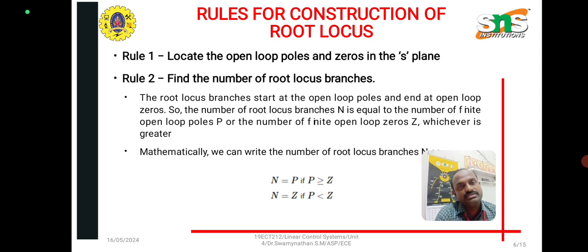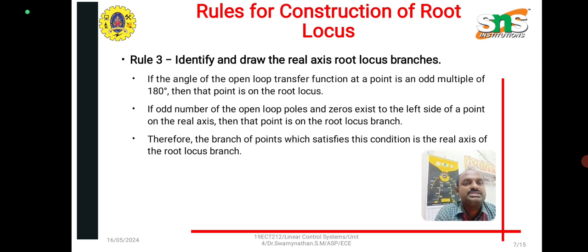So the rules for the construction of the root locus: first, locate the open loop poles and zeros in the s plane. Second rule, find the number of root locus branches. Mathematically, n is equal to p if p is greater than or equal to z, and n is equal to z if p is less than z. And again, the third rule for the construction: